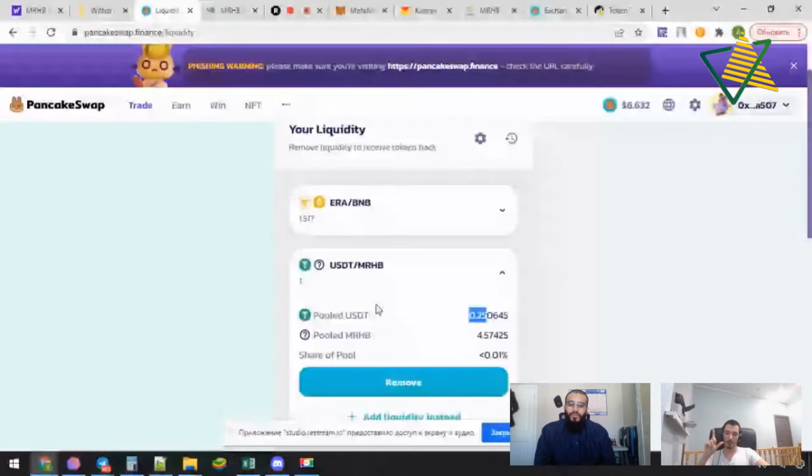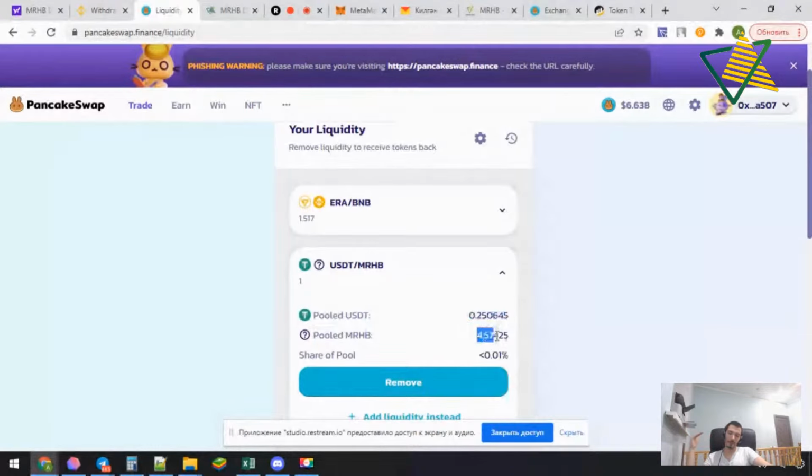Again, let me show you. I leave it so I can track what is happening inside of my pool. I had more pooled USDT, but because the price of MRHB went down due to some reasons, and what's the reason?